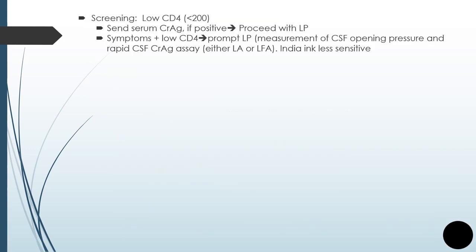Screening is recommended in patients with CD4 count less than 200 through serum cryptococcal antigen levels. If they turn out to be positive, then LP should be performed. In patients who have CNS symptoms and CD4 count is low, LP should be performed, and CSF opening pressure should be measured, and rapid CSF cryptococcal antigen assays should be sent. India ink is less